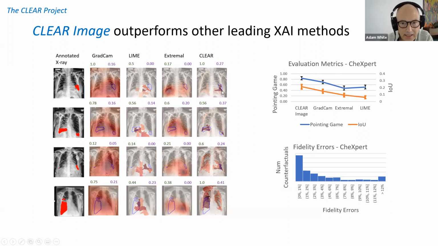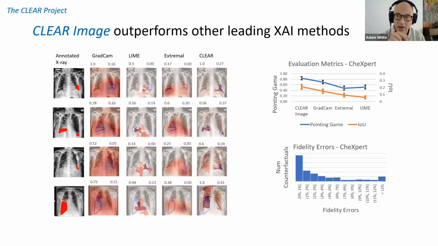Clear performs the best. Its segments are often the most precise, and it has good overlap on the whole. It's far from perfect though, but if you look here on the matrix, it significantly outperforms the other methods. And the reasons for this primarily are down to the benefits of using a GAN for a contrast image. It allows us to make a much better segmentation because we use the difference between the original X-ray and the GAN-generated image to help guide what the relevant segments are.